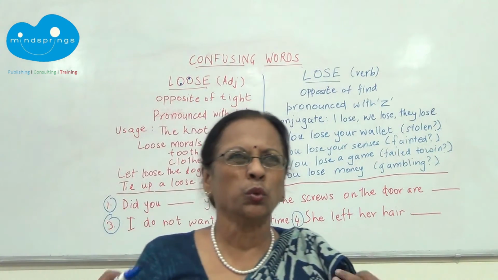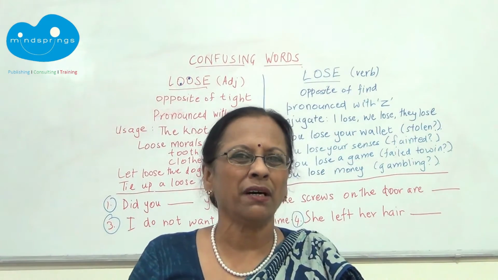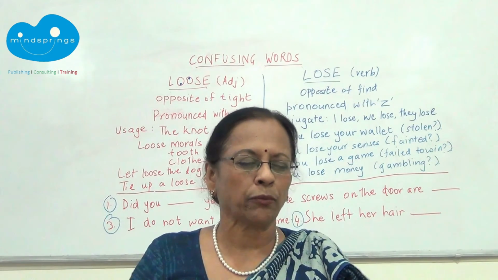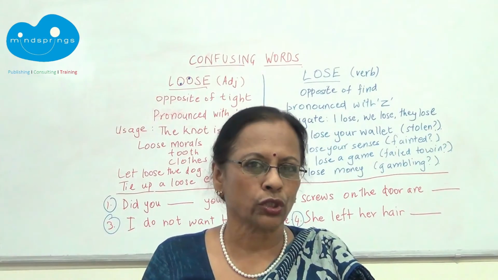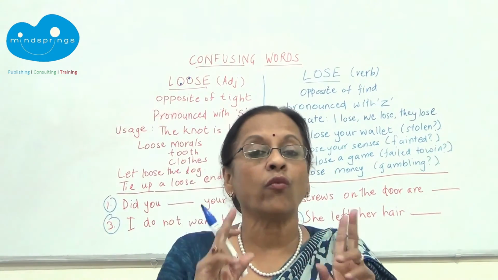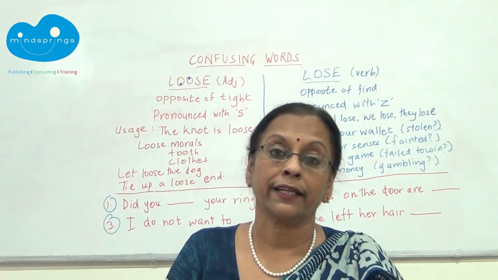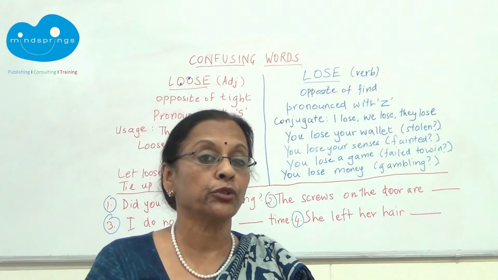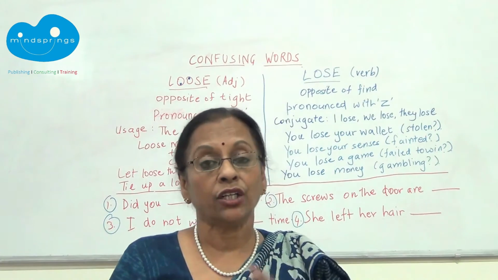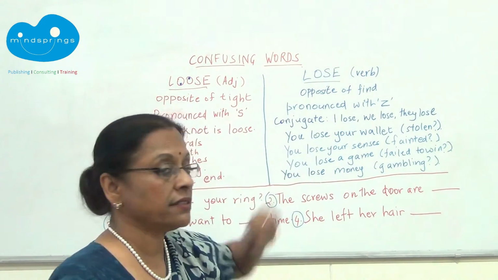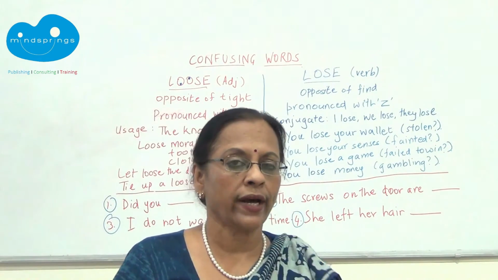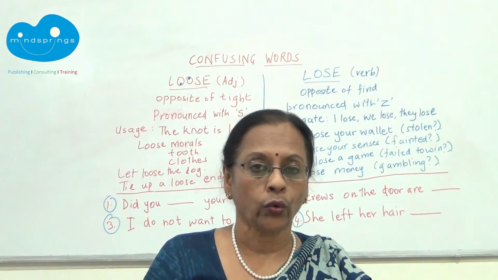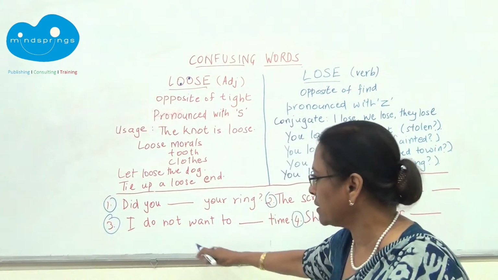Loose, just remember loose clothes. It's summer, I like loose clothes. I'm going to do yoga, I like loose clothes. Just think of one example and keep it in your head. Don't try to think of everything when you have a confusion between lose and loose. And when this is a verb, then it's just one O. Okay, that's the difference. Let's do some exercises.